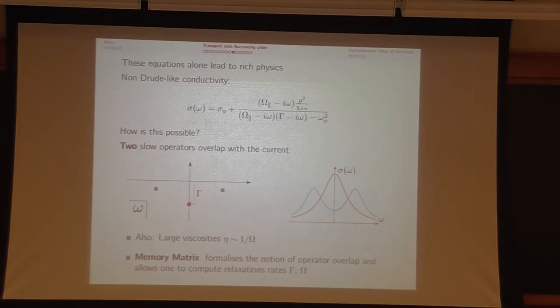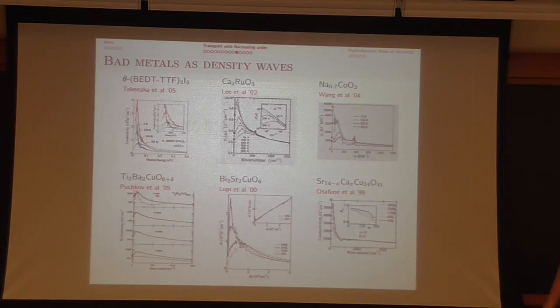Okay, so now I'm going to flash some data at you. We went through a bunch of experimental papers. It was very, very hard. Still traumatized a little bit. All these papers look at different materials. They're all high temperature superconductors, except they look at them at temperatures above the critical temperature, so we're in the strange metal phase.